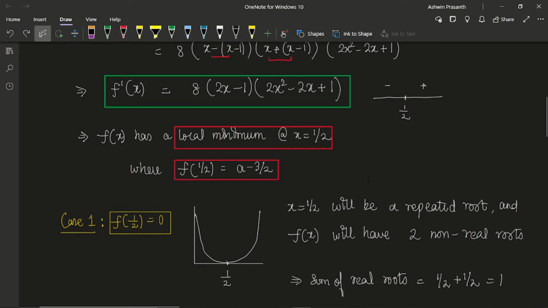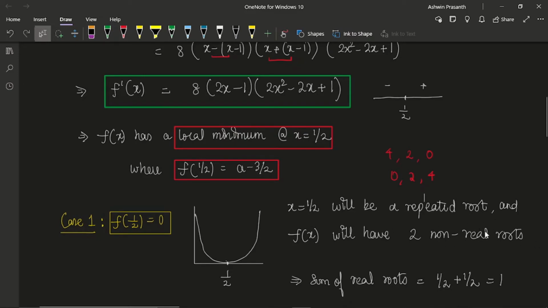Why is it a repeated root? Because, like I said, this equation can have 0, 2 or 4 non-real roots. So correspondingly it can have 0, 2 or 4 real roots. And in this case we can see x is equal to half is the only root, but since it needs to have at least 2 roots, it has to be a repeated root, and there will be 2 other